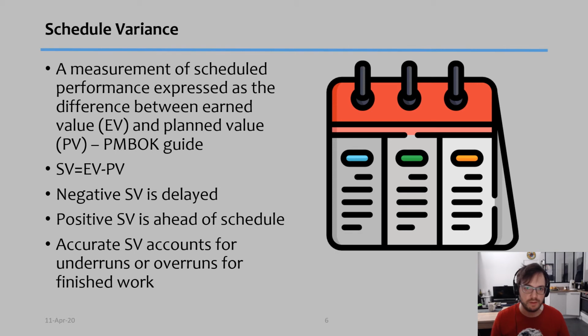Okay, accurate schedule variances account for underruns or overruns on the finished work, and therefore it is always important that we try to keep our variance on the positive side to get some extra time in case something goes wrong. That's always a positive thing to have, because it gives you a little bit more reserves compared to the ones you already had, and therefore it can guarantee that you finish the project on